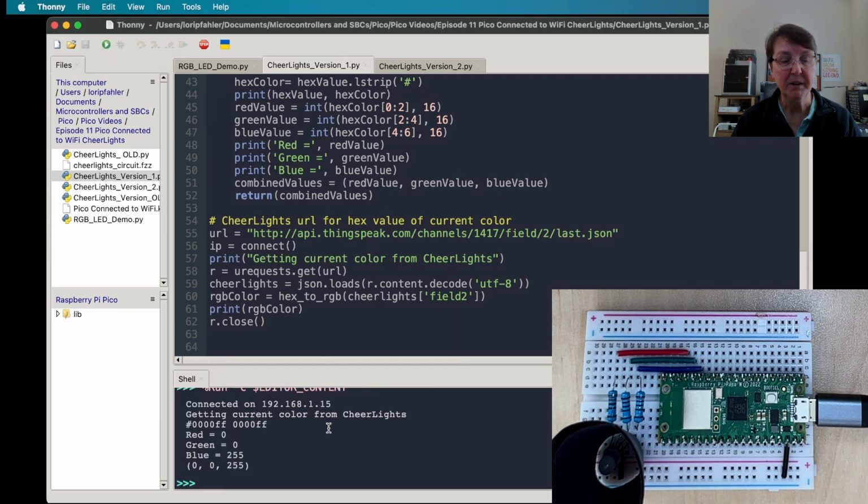Connected very rapidly, and you can see here's the current color, and the current color is blue, full on blue, 255. So we've made our Pico get onto our Wi-Fi, and we've connected to CheerLights and gotten the current color. So we're all set to go. Now we're going to make our final program, and we'll go ahead and light up our RGB LED using the